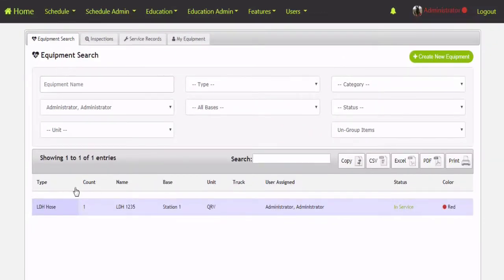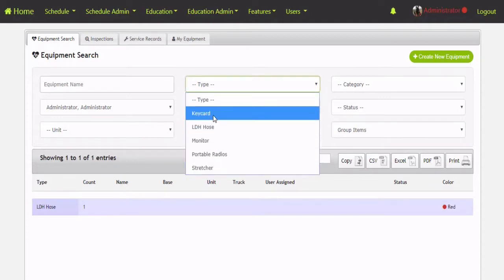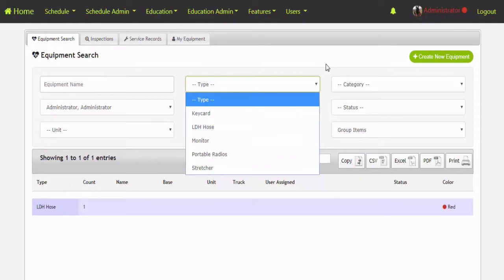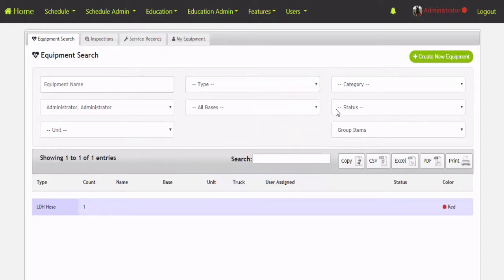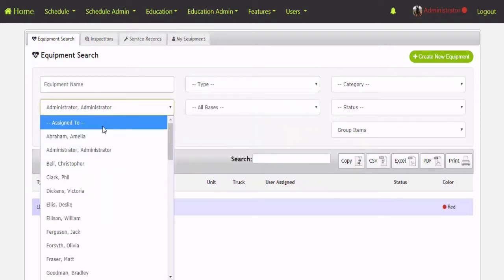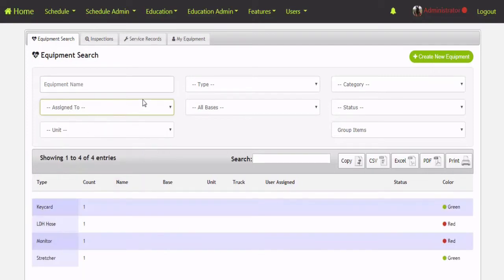And so on the search page, when it comes up initially, it may be grouped with all kinds of equipment in here. So you can filter this down to a specific kind of equipment type. You can filter it to a specific category, status, all bases, or any individual. So when we've got it not assigned to any particular user and no type selected and the items are grouped, you're going to notice that the majority of the table is blank and you've got a count column. So if you've got 10 vehicles, you would see vehicles 10, 20 pieces of hose, 3 monitors, those kinds of